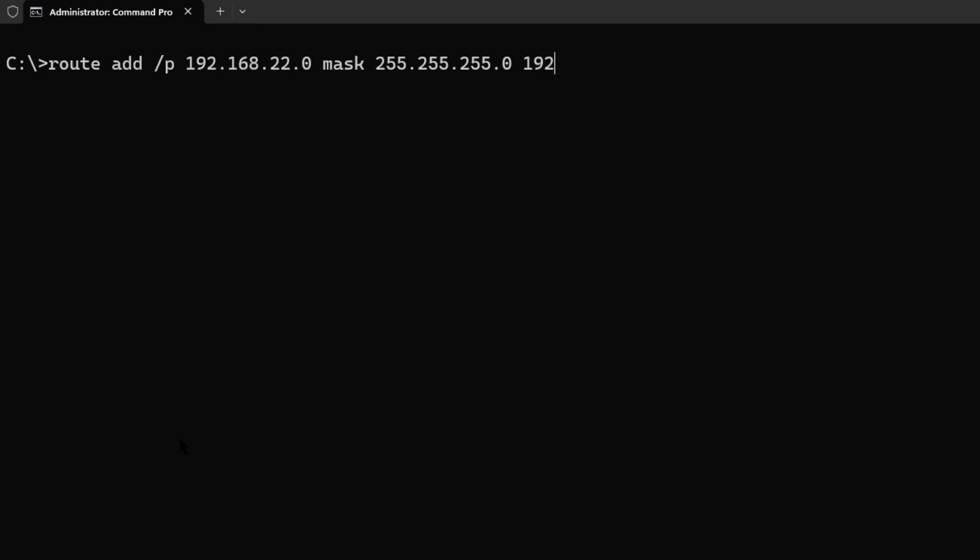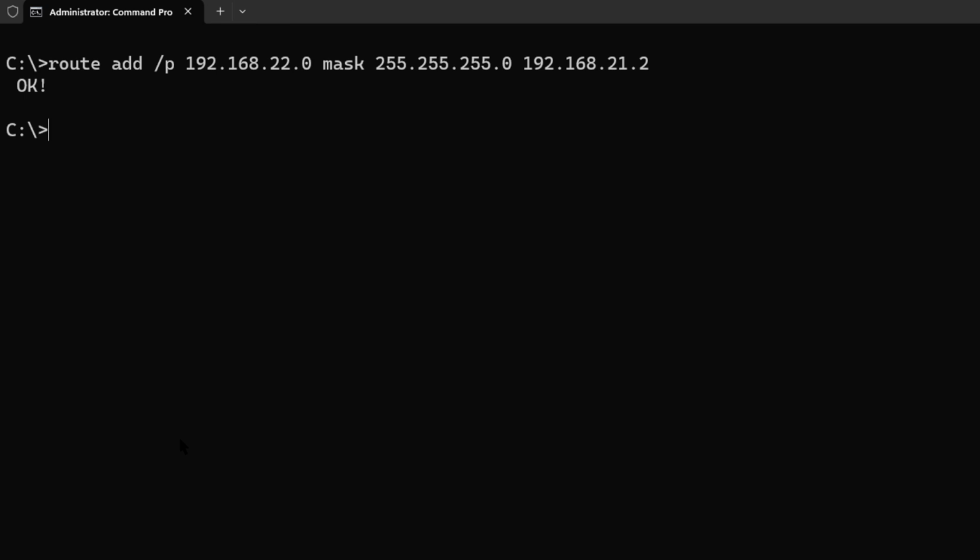So I know I have a router at 192.168.21.2, and that will take me to the 22 network. So I'll go ahead and add that, and it's there. So now if I want to get to an IP address of a computer at .22, say .100, then it will go out through my own network on 21.2, and then it will reach the 22 network,